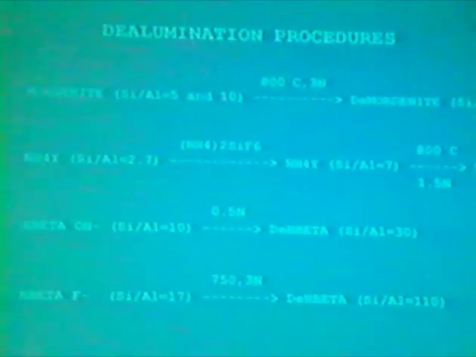So now we're going to discuss first the influence of the initial silicon to aluminum ratio in the case of mordenite. Could you give me the next slide, please? So this slide depicts 4 characteristic micrographs of microtome sections of starting mordenite and dealuminated mordenite. Starting mordenite with initial silicon to aluminum ratio of 5 and 10 show no evidence of mesopores since zeolite grains exhibit uniform contrast. The dealuminated mordenite with an initial silicon to aluminum ratio of 5 shows mesopores.